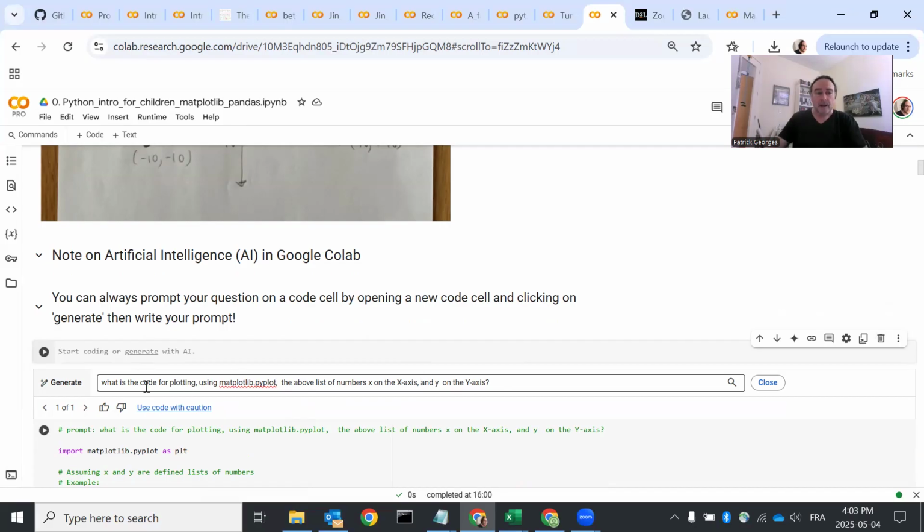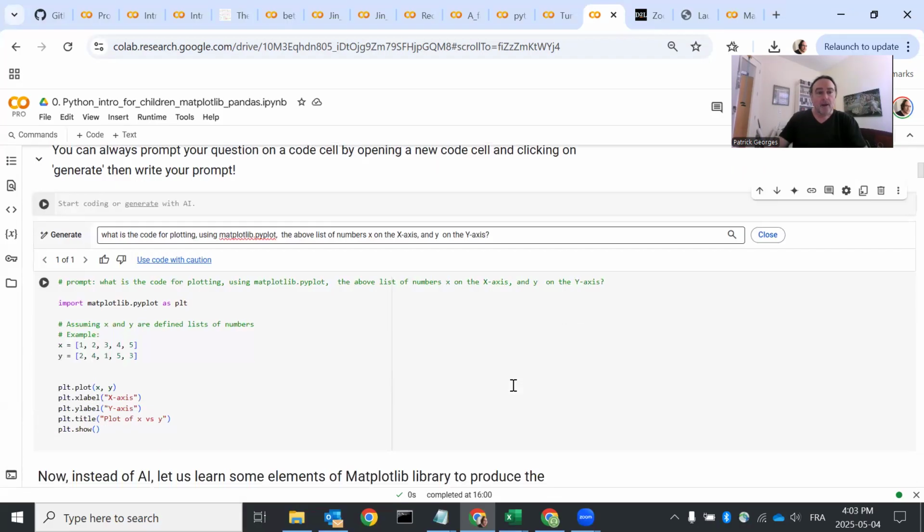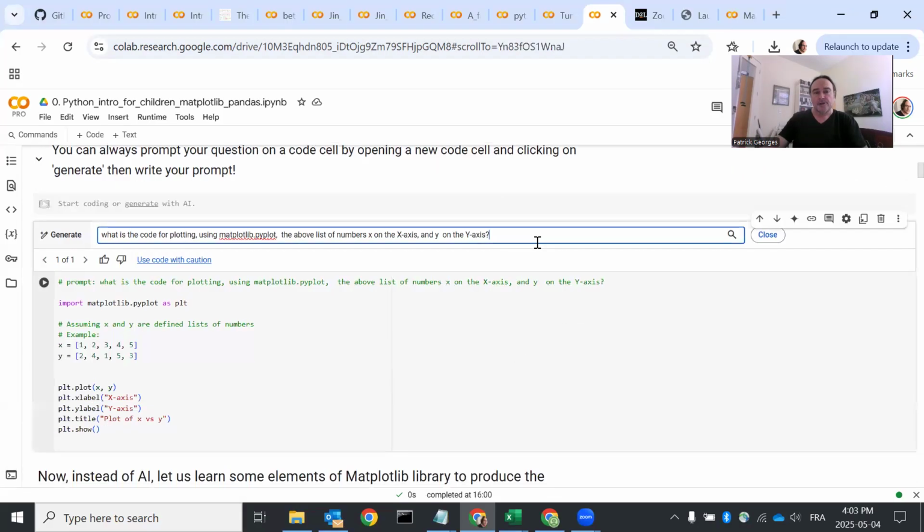By writing that prompt, you just need to press return or enter, and then this is what artificial intelligence gave me. The prompt is written again,